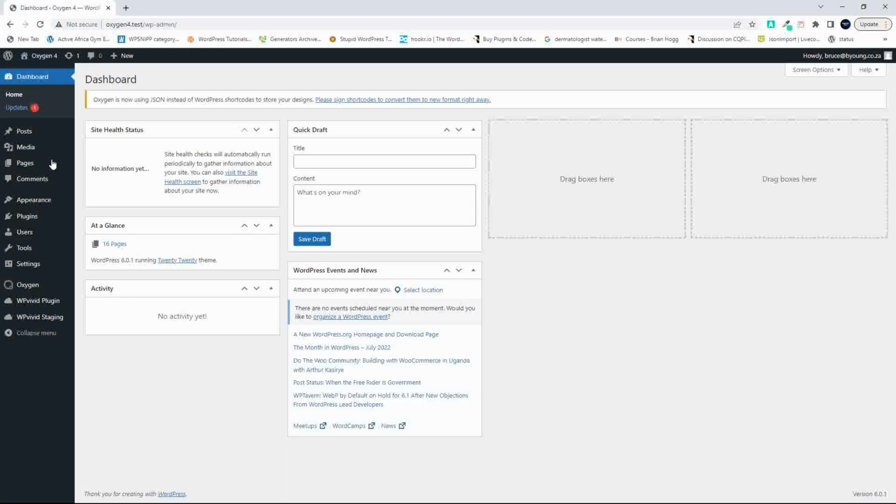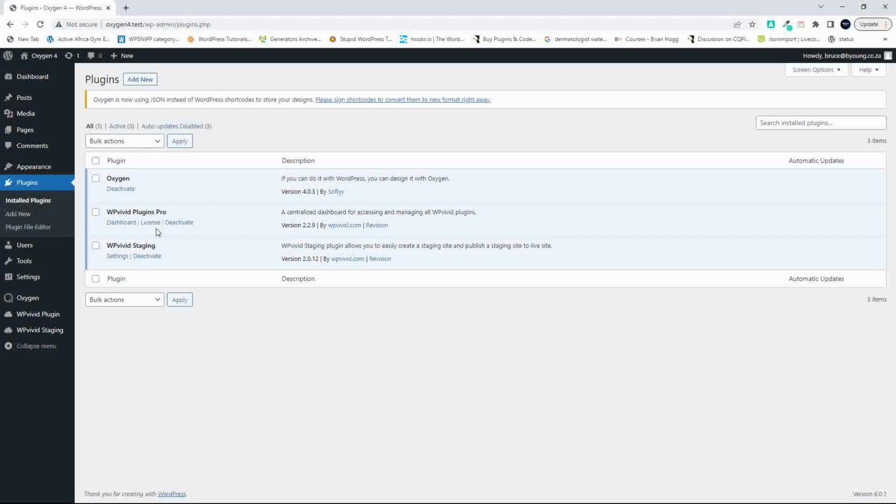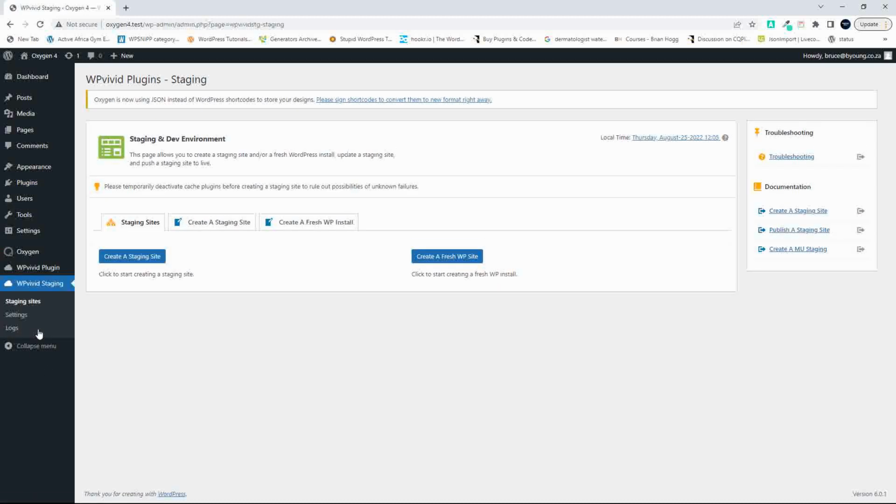Then if we have a look at the plugins installed, we know that Oxygen's installed and working standard. Then we have two plugins installed, the WPvivid Plugins Pro and the staging component of that plugin. With that installed, I'm now going to head over to the staging plugin, and I'm going to create